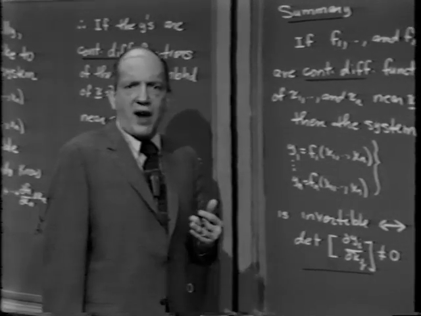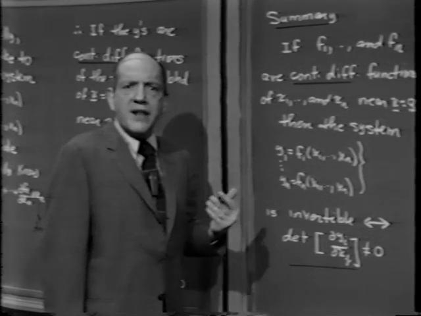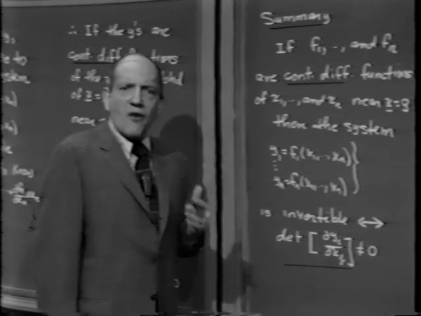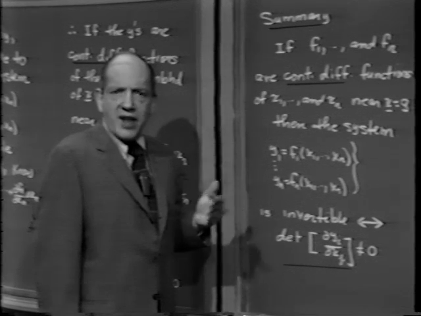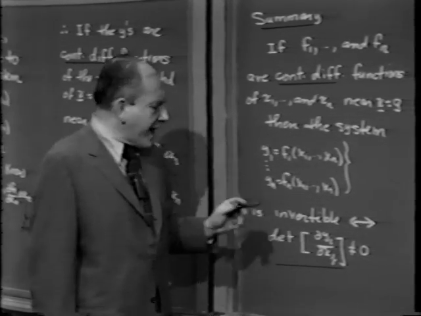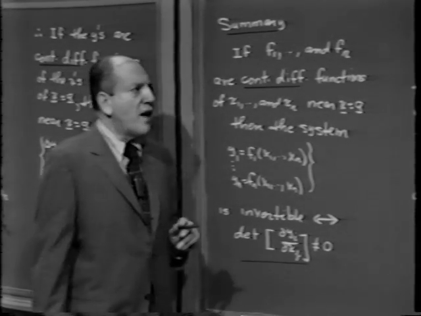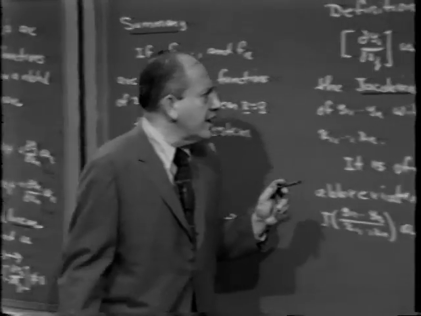Once we know what the change of x looks like in terms of the change in y, then we really know what x itself looks like in terms of the y's, even as I say it, may be implicitly rather than explicitly. At any rate, this matrix is so important that it's given a very special name. Definition: